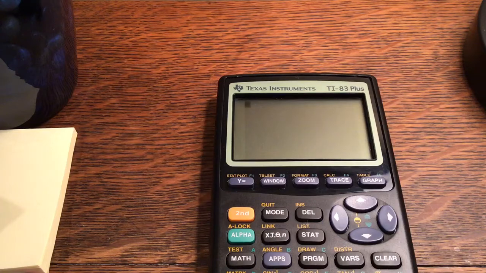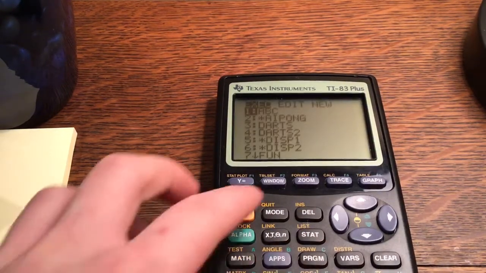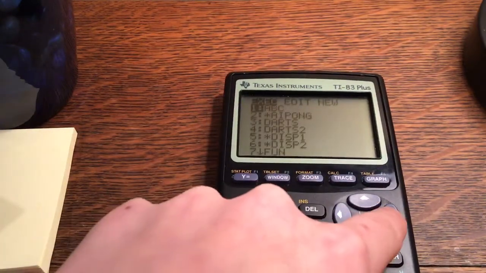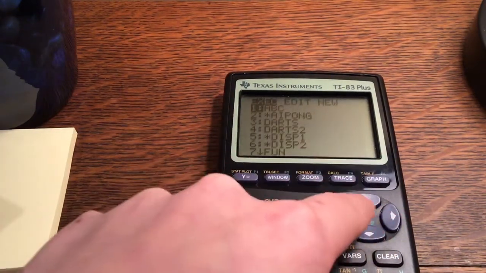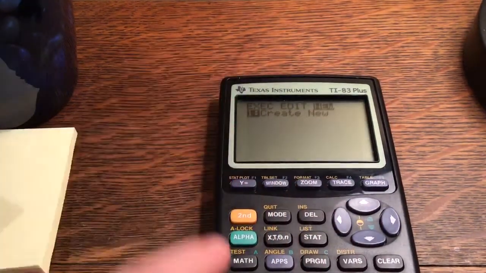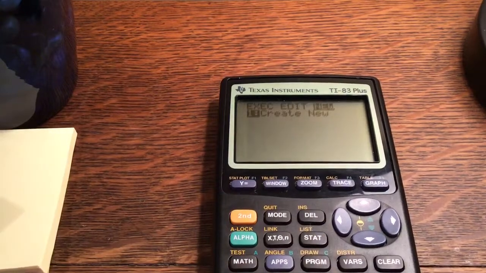Today I am going to show you how to make and edit a program. So to start off, we're going to go to the PRGM button or program. This is where you would edit programs. So I clicked that, and as soon as you go there, this is where you execute programs. This is where you edit programs, and to create a new program, you go here and click enter, and then it'll ask you